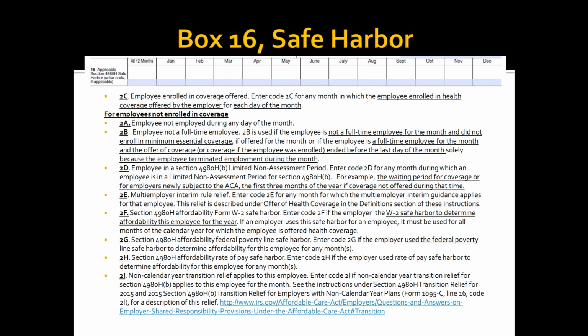The first one: are you using the W-2 safe harbor rule? Again, I would look at the frequently asked questions in the link provided on the first page to understand these safe harbor rules. But basically, with the W-2, based on their W-2 wages, what they're contributing is not more than 9.5% of what is on line 1 of the W-2. So are you using that method to determine that what you're offering is affordable? Or